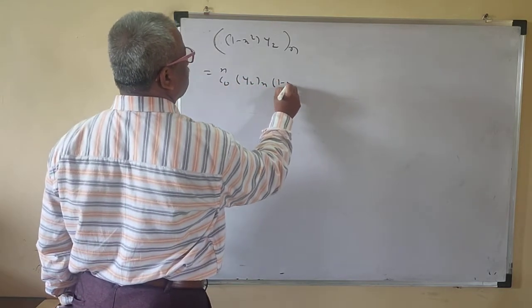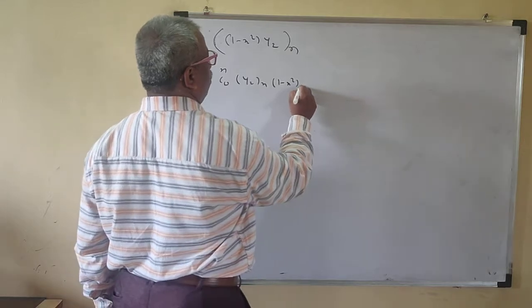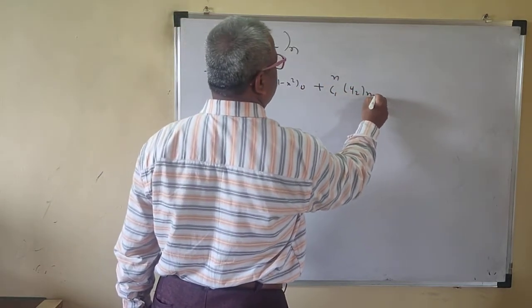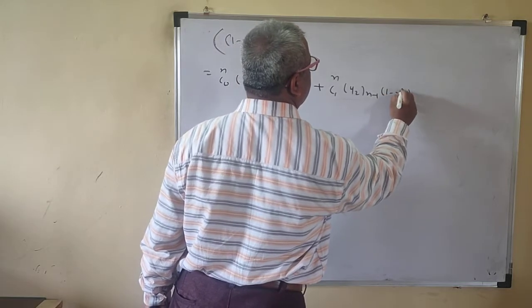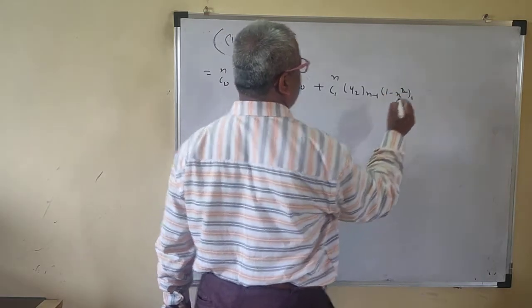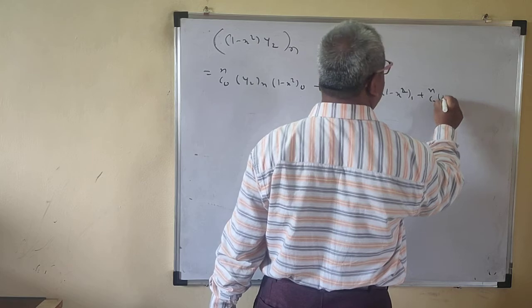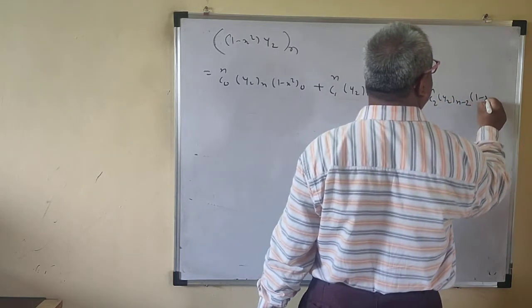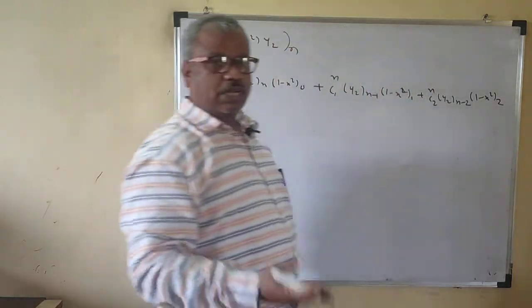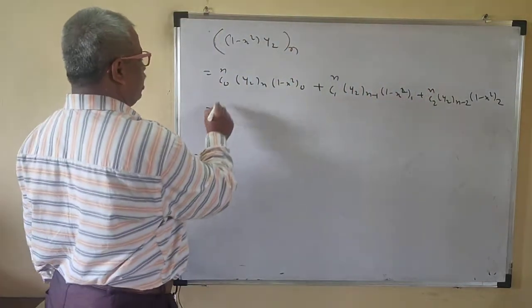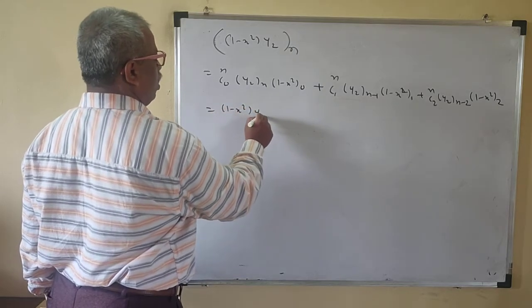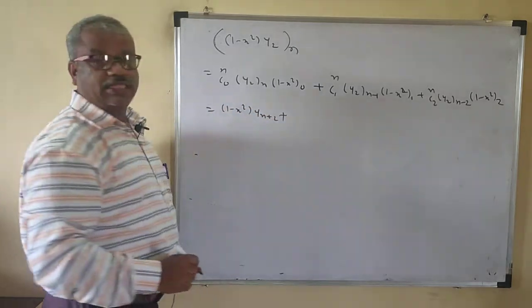Okay, and 1 minus x square as it is. Okay, 0th derivative plus nC1 y_(2n-1) times 1 minus x square, first derivative, plus nC2 y_(2n-2) times 1 minus x square, second derivative. Third derivative is 0, so we are not writing that. nC0 is always 1, so this is what? 1 minus x square y_(n+2) plus nC1 is n